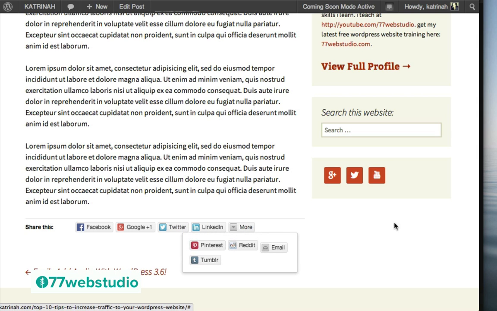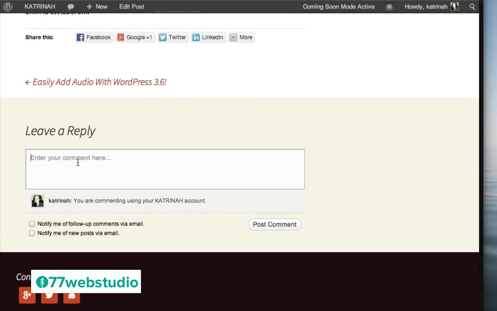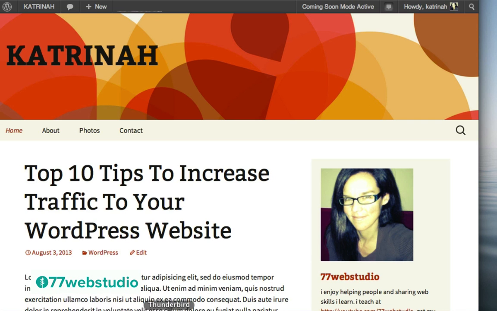other social networks. And when I scroll down now, we see when I click on this little reply button here, we see that I'm logged into my account, but any visitor who comes to your site and they want to leave a comment, they can sign in to either their WordPress.com account, or they can sign in to Twitter or Facebook and they can leave a comment using their different social networks and they can post their comment. So this is how you create a blog and a website using the 2013 theme that comes with your WordPress installation when you're using WordPress version 3.6.